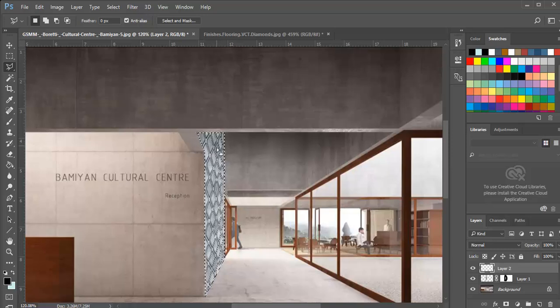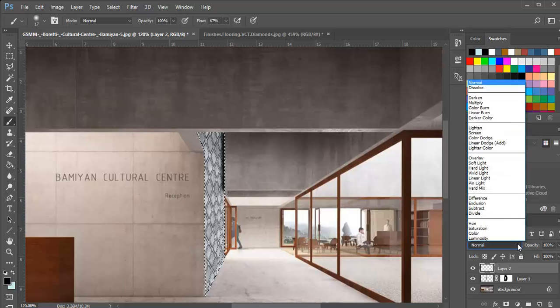So that's the area of my wall, and then if I paint now, again fairly roughly, so that's where the corner is. You can see there it's only painting in the selection, and then, well, I'll just leave it on that one. So then that's where you can use multiply. So that works really well. So with multiply there,